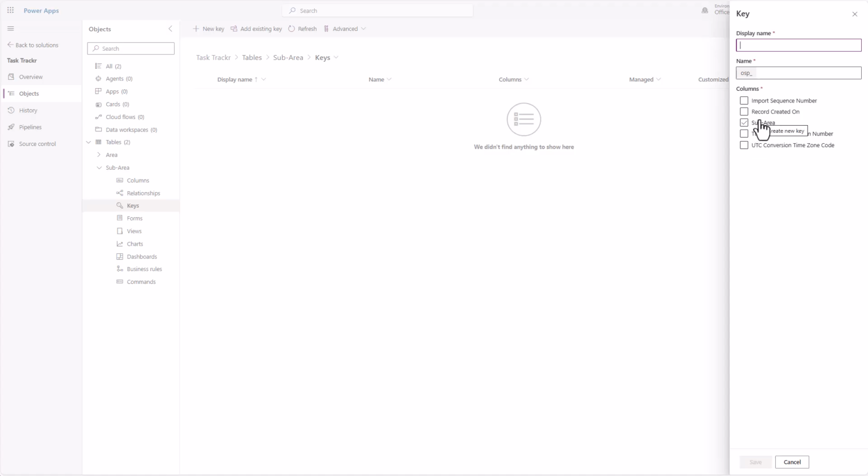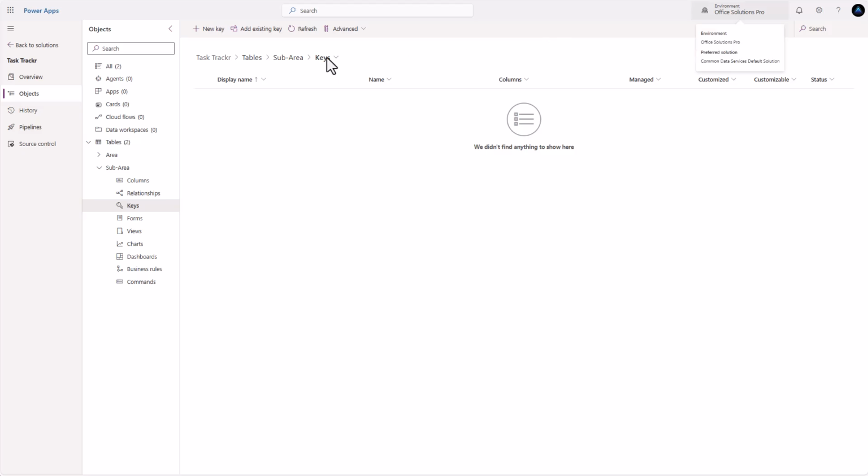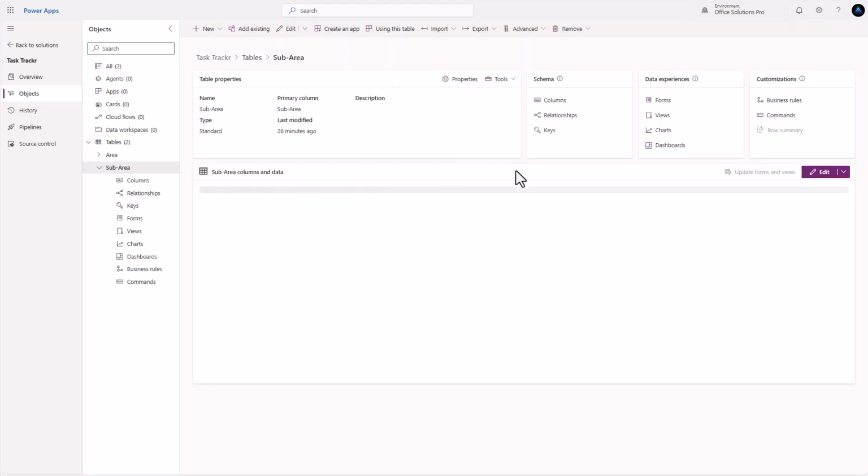There's also a way through data management where you can do duplication detection. Sometimes that has some issues running in real time when you're running from an app, unless you also do a check to make sure that the duplicate isn't already there. So one of the other great options is we just build our unique key and then we populate it with our app. So what we could do is we go back to our sub area here, and we're going to